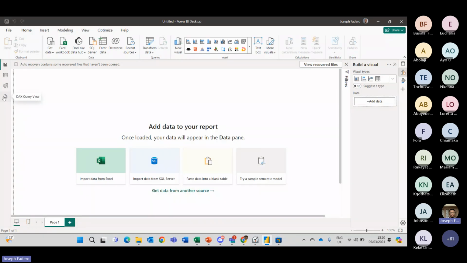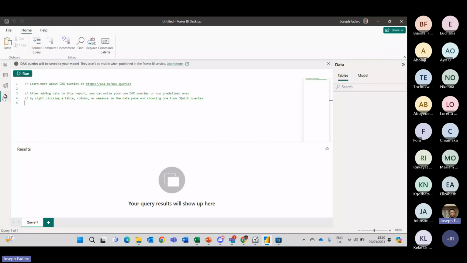How many of us have something called DAX query view? Do you have this view on your Power BI?